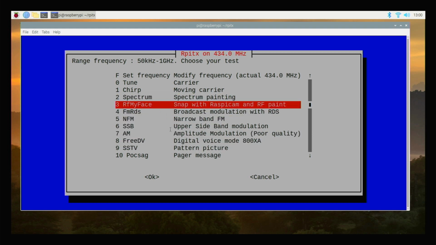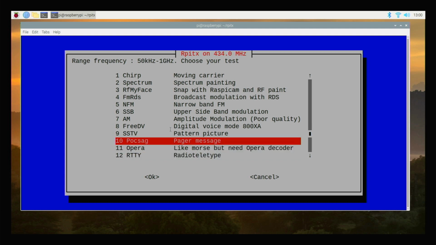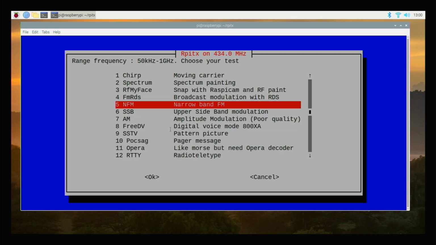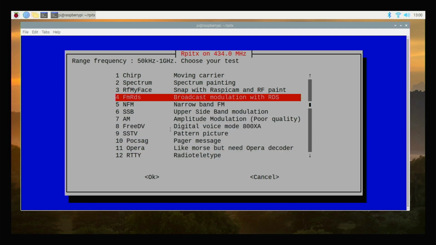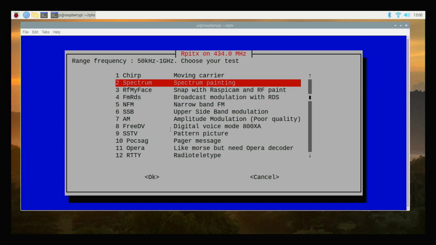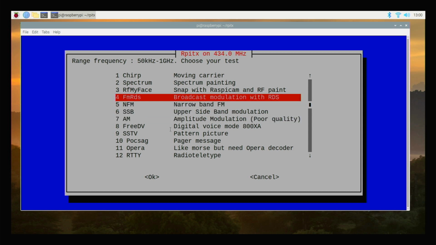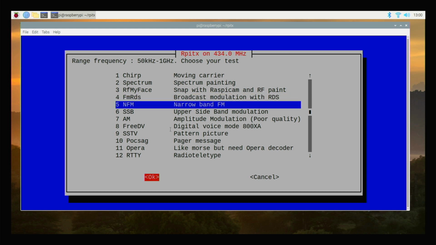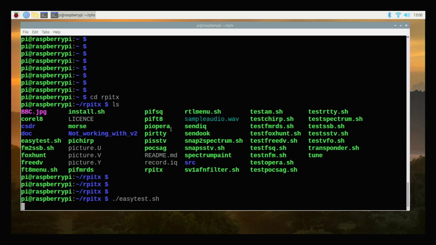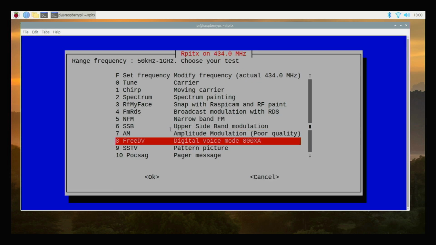So you need to have a PC with RTL SDR and some kind of application that will show you the waterfall, like SDR Shop. So you need to see my other videos where I'm showing how to install the PC related applications for the RTL SDR dongle. But yeah, that was just a test.